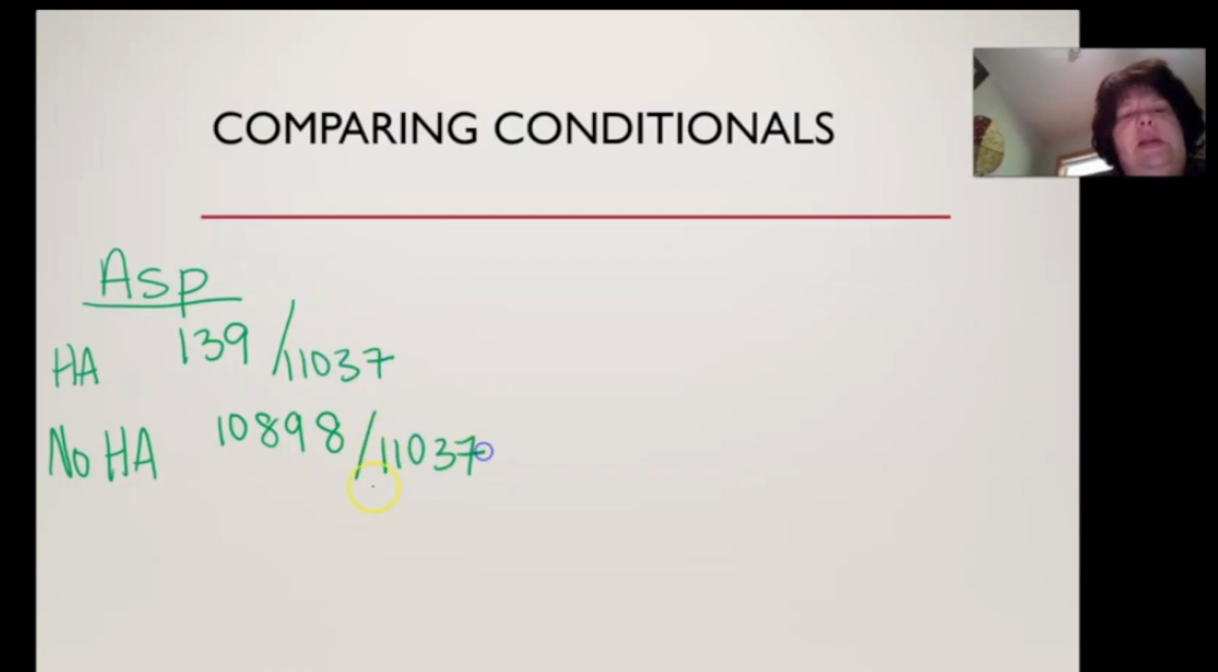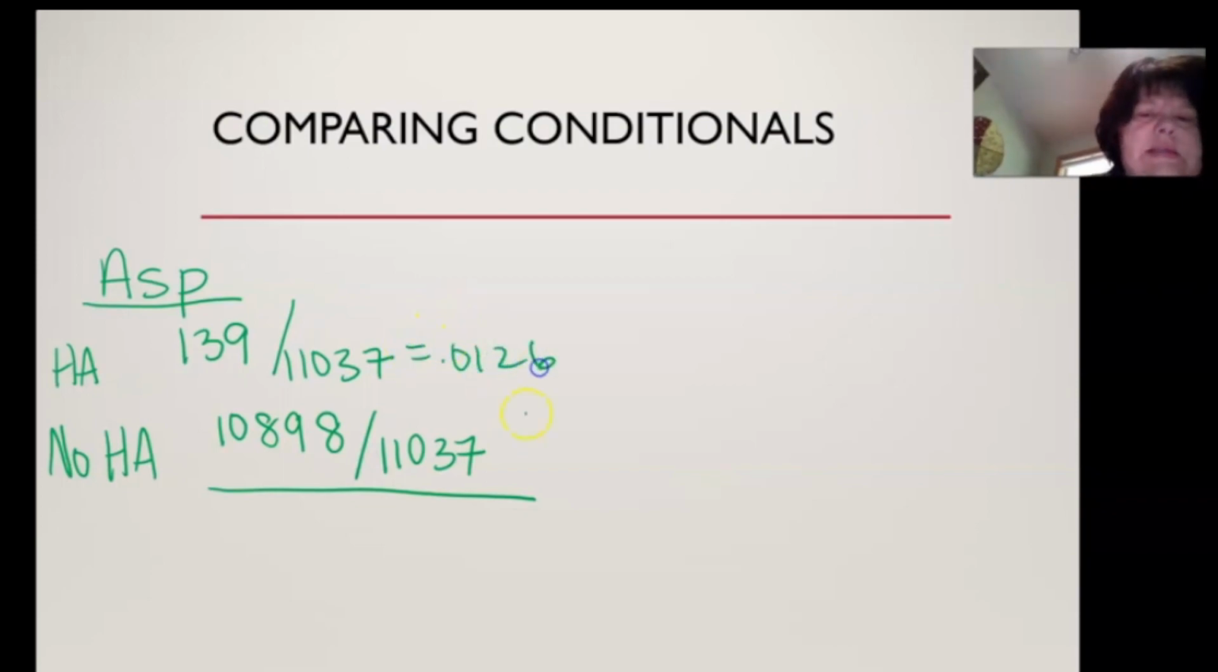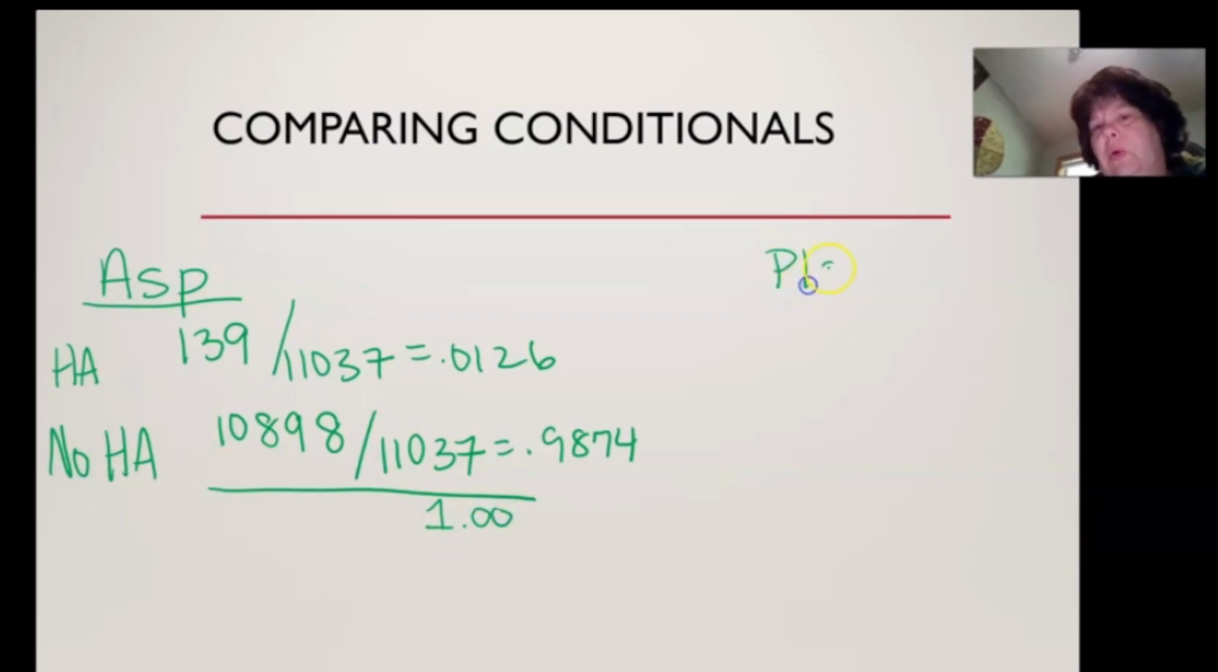That's the difference with a conditional distribution, is you're dividing by the total in the column or in the row. The total for that group, basically. So you get 0.0126 and 0.9874 there. And then for the placebo group, and that adds up to 1, by the way. And for the placebo group,